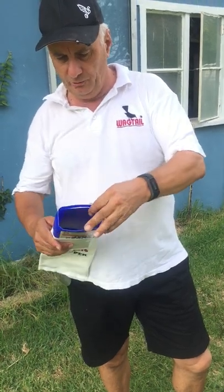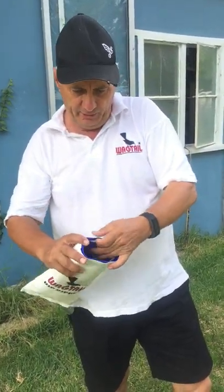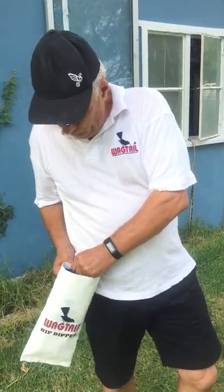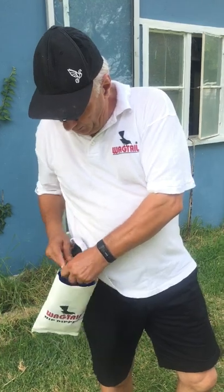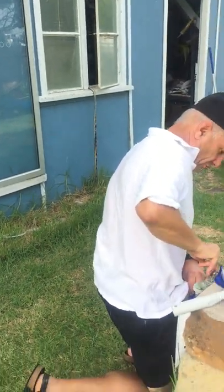You put it into your bag like that. I prefer to put a slit in the container as well to keep it in place. Put your strap on like that. Now you're ready to go. Now that is ready. Now let's just put a little bit of water on to show you